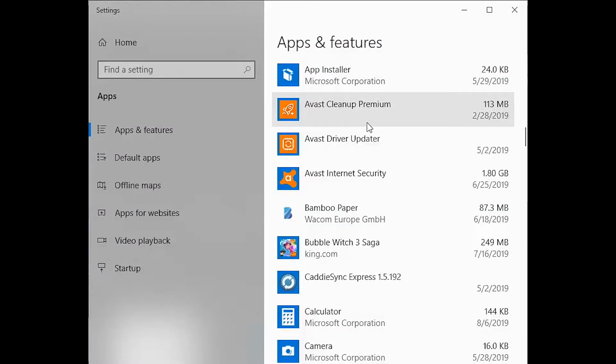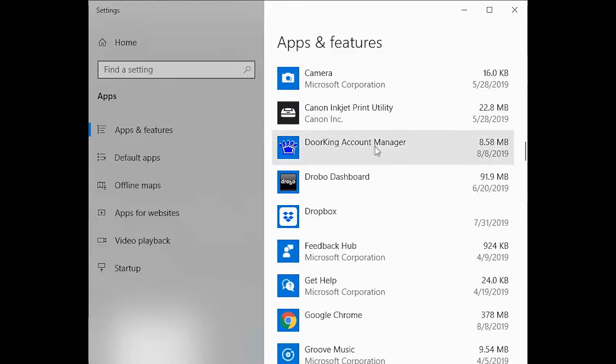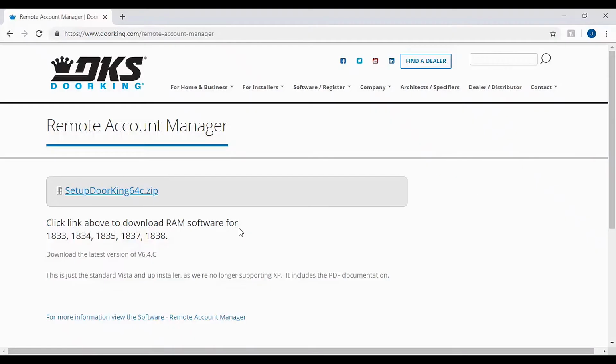We are now going to head over to the Add and Remove Programs in Windows. Once there, you will need to scroll down to the DoorKing Account Manager program. Now that you have found the DoorKing program, select it and then click Uninstall to remove the DoorKing program from your computer. Now to install the new software, go to